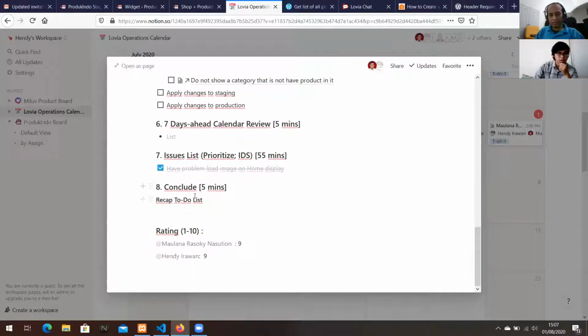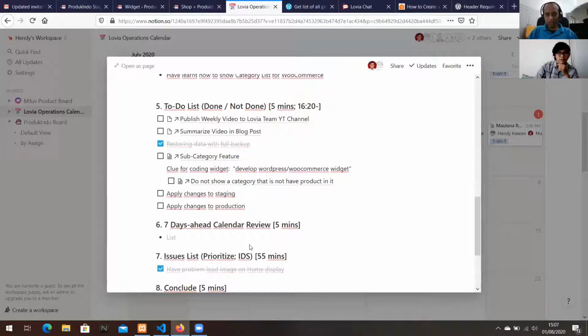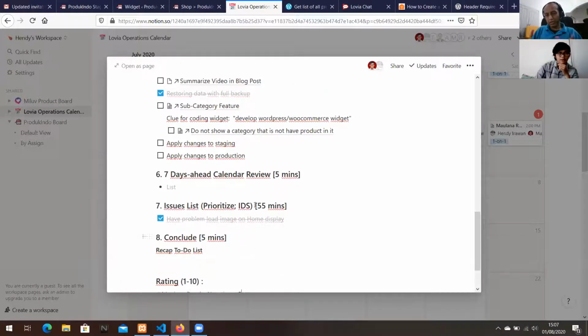I think that's all for today. And about the requirement to not show a category that does not have any product, that means first, of course, you need to be able to display all the categories, right? Yes, sir. After that, if that is done and working correctly, then you will have another logic. So for each category, you will need to know